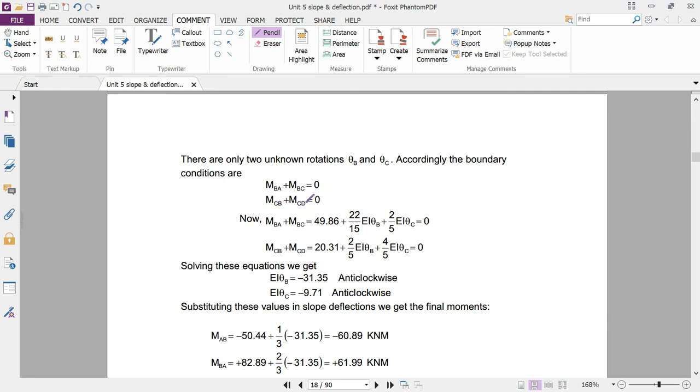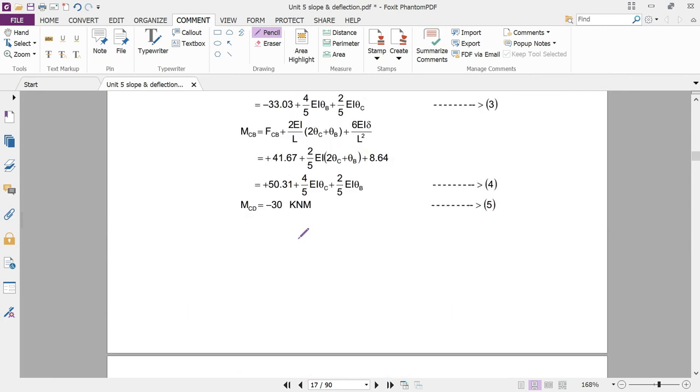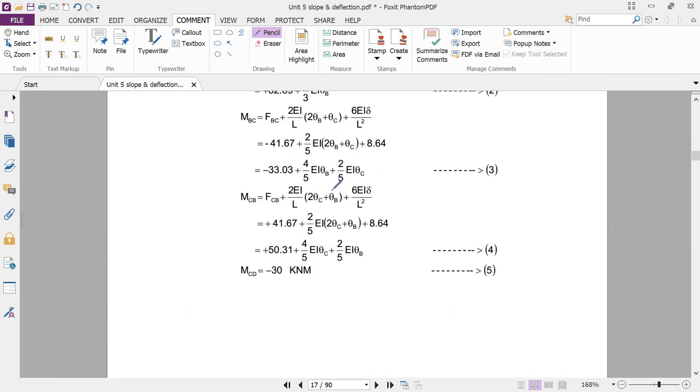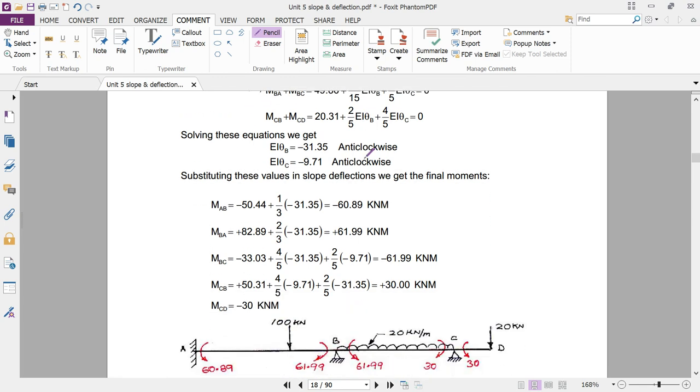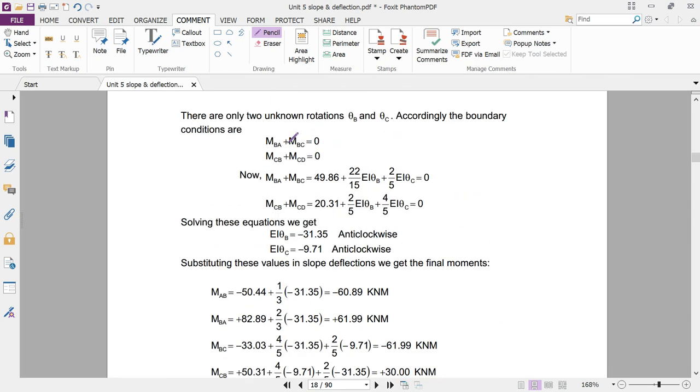The rest of the procedure is exactly the same as we have already completed in our last numerical, but because of the involvement of a deflection, or the sinking of the support at the particular joint, an additional calculation takes place in this particular slope deflection equation. Okay, but the rest of the procedure is almost the same. Similarly we have to calculate with this particular BA and BC.